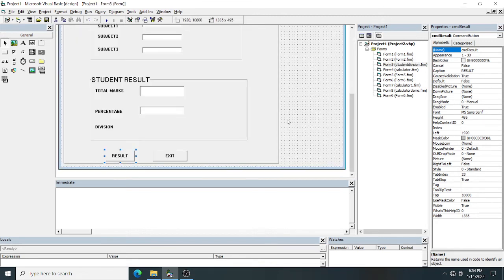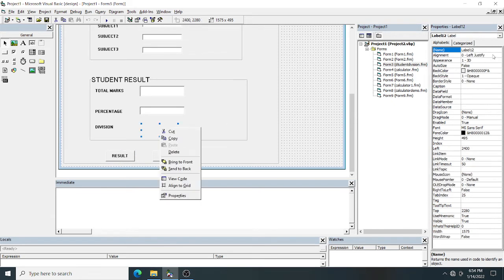And I want to show you which is my output. You cannot see anything, I'm just clicking here, this is label 12. This label 12 also I can change. Suppose I am changing the name to LBL grade. This is my output.